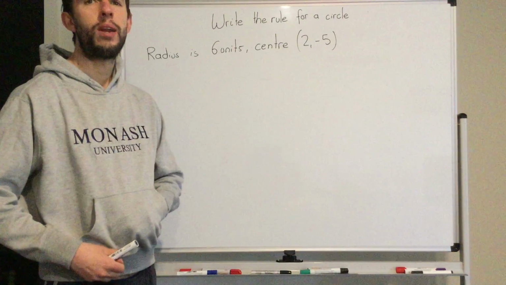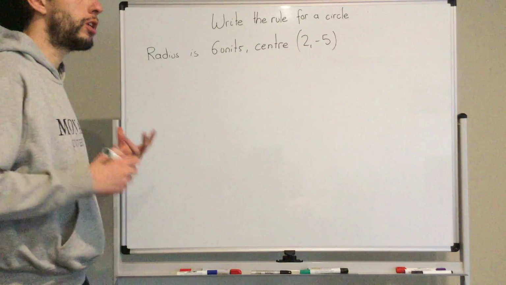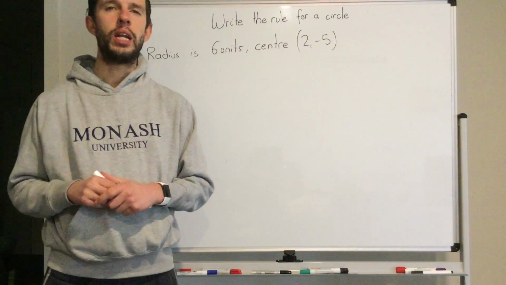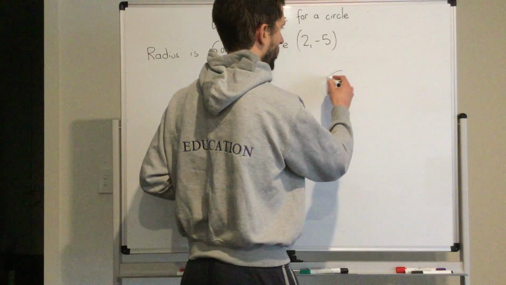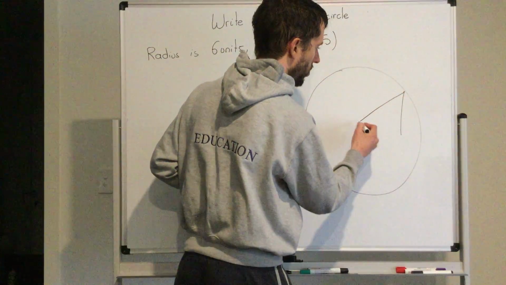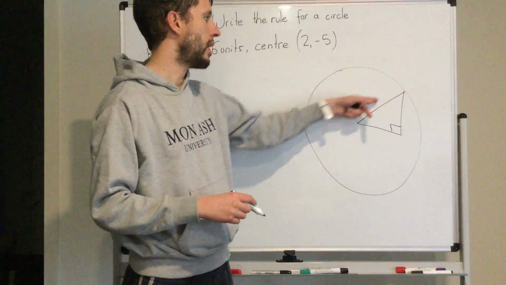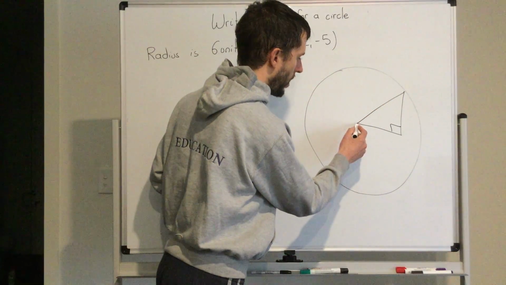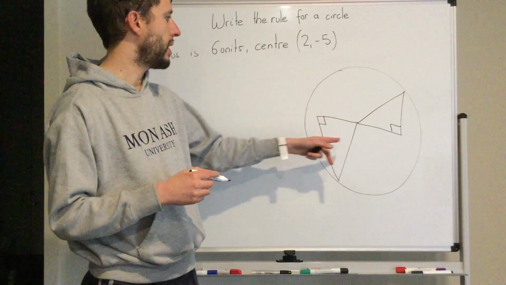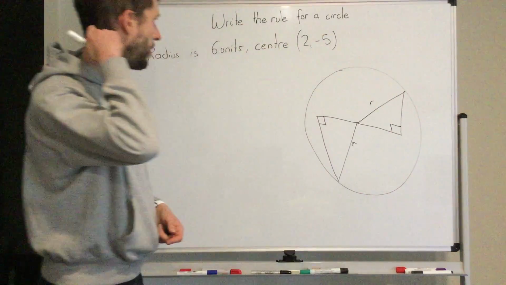So we are going to be looking at writing a rule for a circle. To start off, I just want you to go back to what we talked about an equation of a circle is. It links onto Pythagoras' theorem, because any point on the circle, I can turn it into a triangle and use a squared plus b squared equals c squared. And c squared is being our radius r. So if I'm thinking about that,